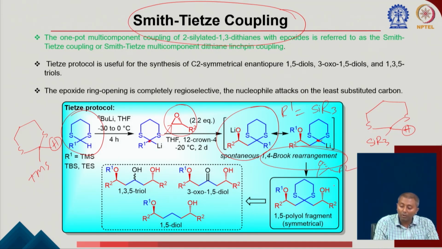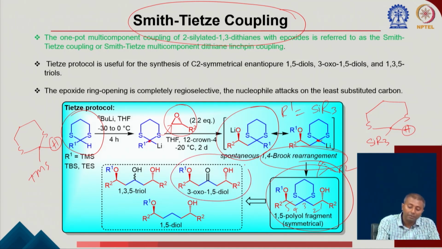Okay. So now if you have this 1,5 polyol fragment, because you are generating a hydroxy group in the 1 and 5 positions, and you have a carbonyl group in the 3 position. This can come from deprotection of this dithiane, which can generate the corresponding carbonyl compound. Now if you are able to do the reduction, then you can generate a 1,3,5 triol, or